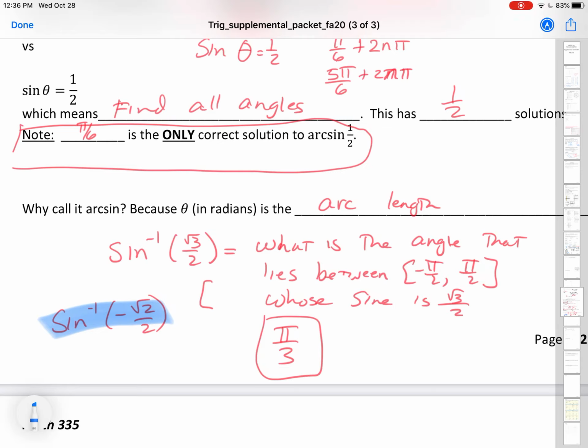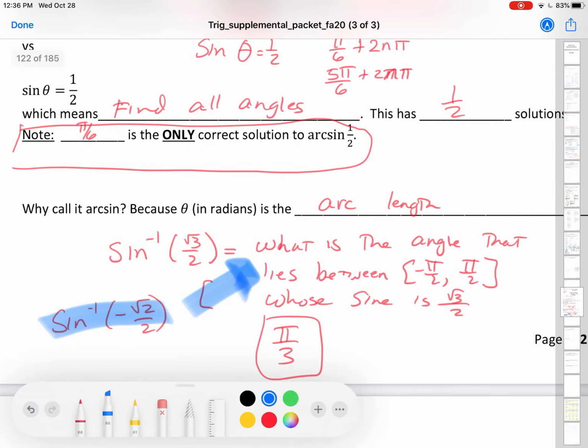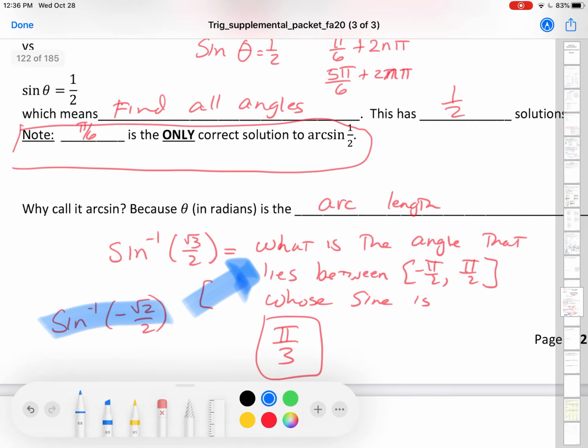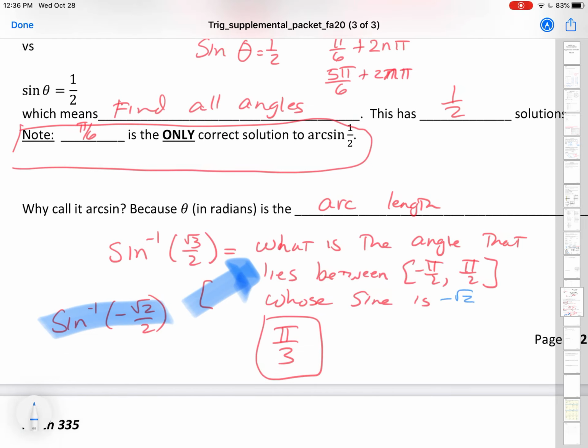What is the angle that lies between minus pi over 2 and pi over 2 whose sine is, and the only thing that changes, negative root 2 over 2? Well, we know that guy. That's a 45-degree angle, a pi over 4 angle, written between negative pi over 2 and pi over 2